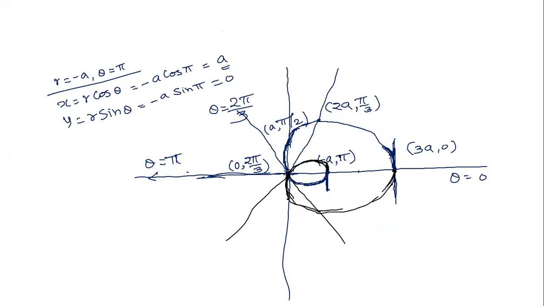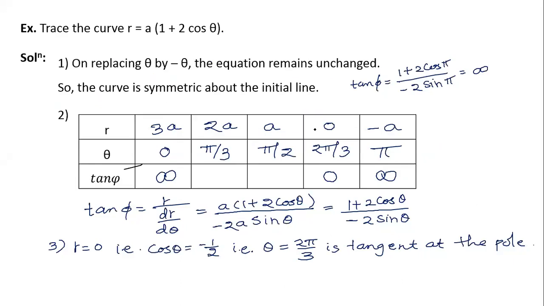So we have first considered the upper portion, and for that we have taken different values of theta above that line. So theta equal to 0 is most convenient. Then in this equation there is cos. We know cos 30 is root 3 by 2, whereas cos 60 is equal to half. So 60 is more convenient, so that is the next point, pi by 3. After that 90 degree, then 120 degree and pi. These are the different theta values taken. We can find corresponding values of r and phi.